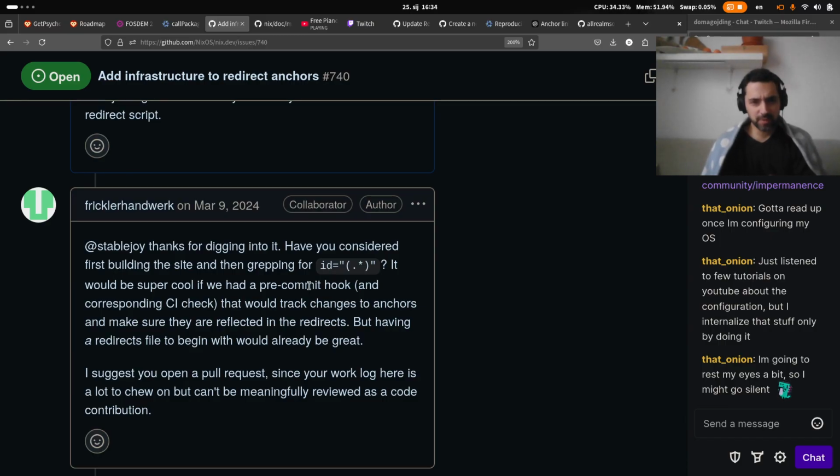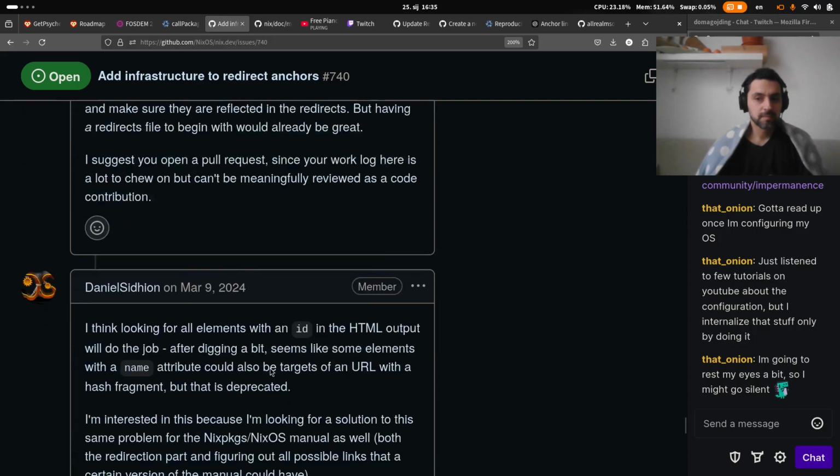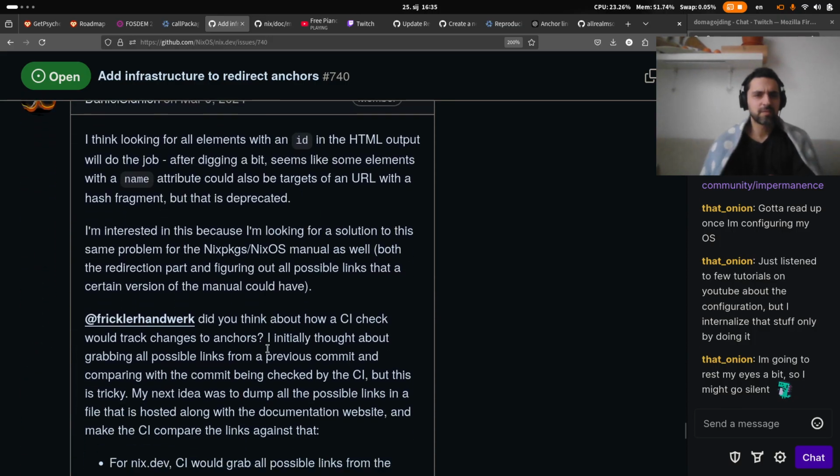It would be super cool if we had a pre-commit hook and corresponding CI check that would track changes to anchors and make sure they're reflected in the redirects. But having a redirects file to begin with would already be great. Yes, this can be meaningfully reviewed as a code contribution. I think looking for all elements with an ID in the HTML output will do the job. After digging a bit, it seems like some elements with a name attribute could also be targets of a URL with a hash fragment, but that is